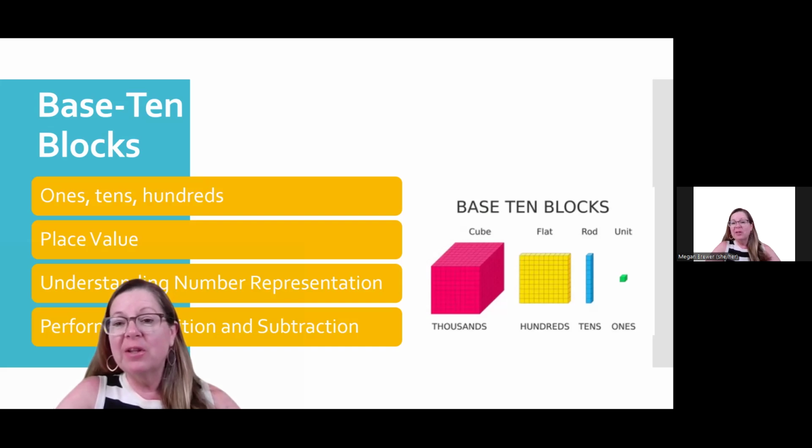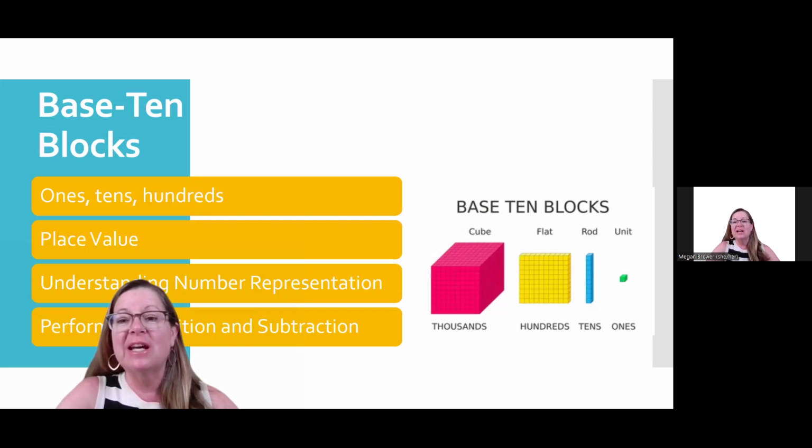In second grade, they're really going to use the ones, those unit cubes, the tens, or some teachers call them longs or rods, and the hundreds, or the flats. This visual aid helps students to understand the position of a digit in a number determines its value. For addition and subtraction, students can physically manipulate the blocks to perform addition and subtraction, making the concepts more concrete